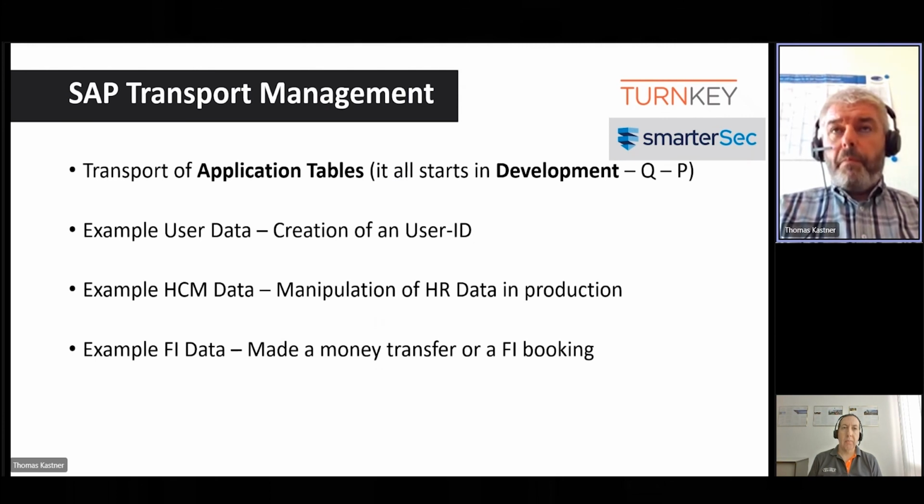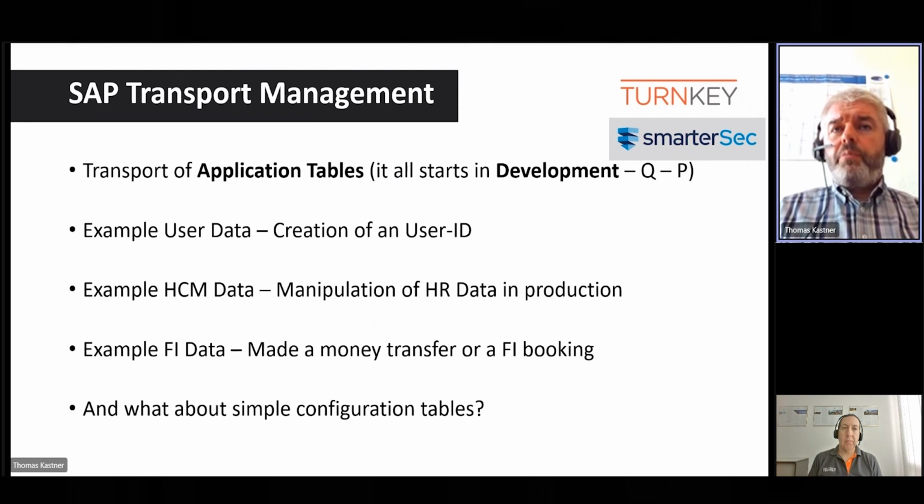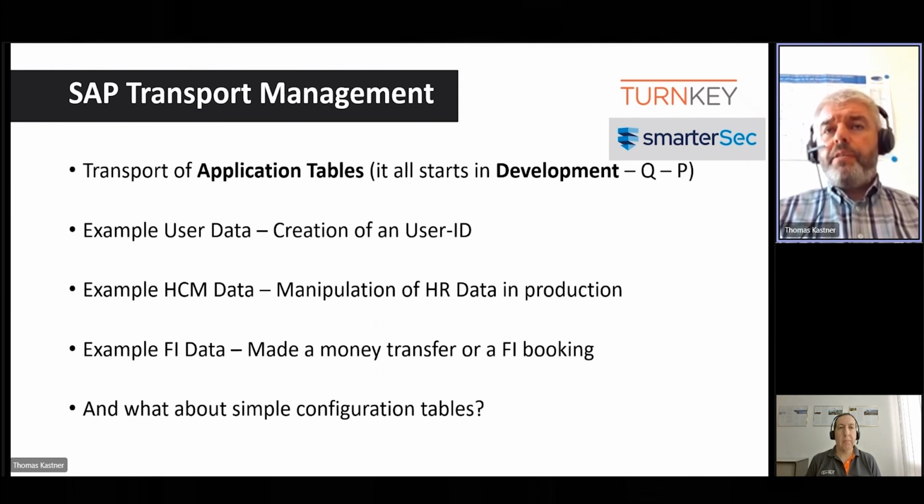And it's not just application data. I could even do some reconfiguration and open your SAP system, for example, by simply changing settings in table T000 and creating an additional client there.